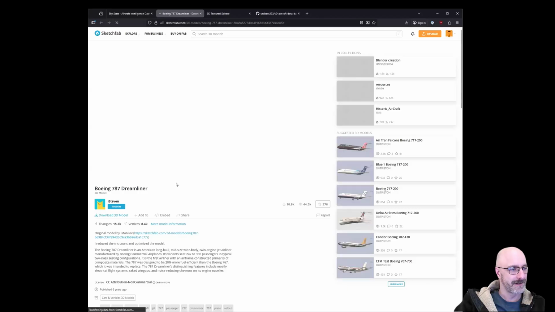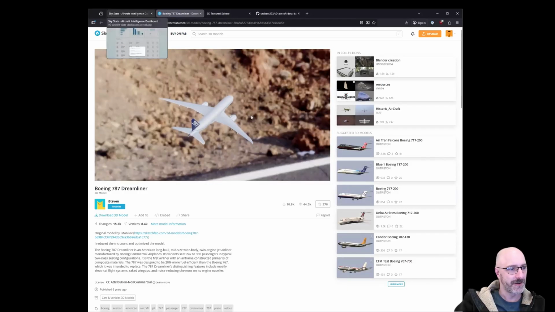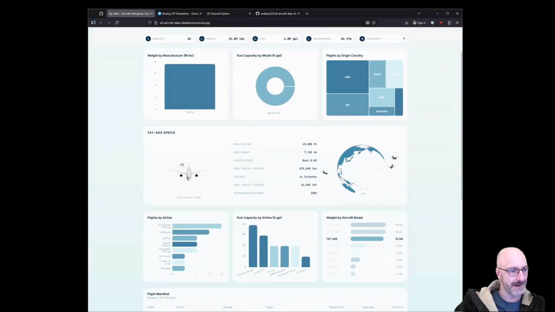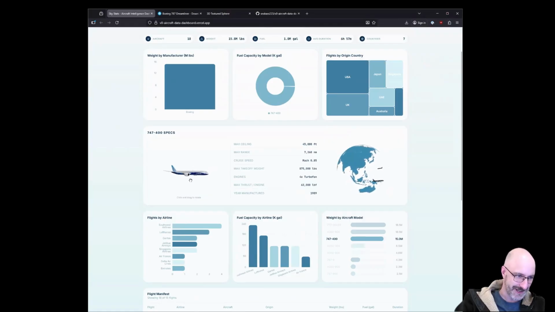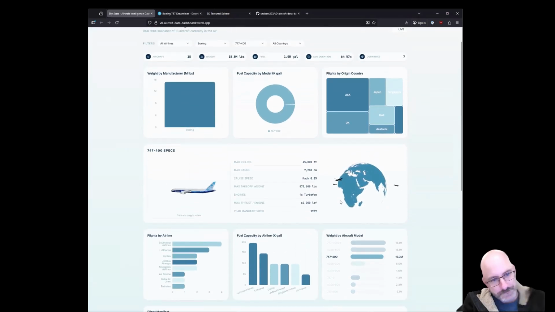This guy made it and made it available to download. So this is a really cool jet. I just put that in here and had it load up and we can look at this. Now, I did not put a different jet in for each one. I just did the 787 Dreamliner here, and that's the same model here.